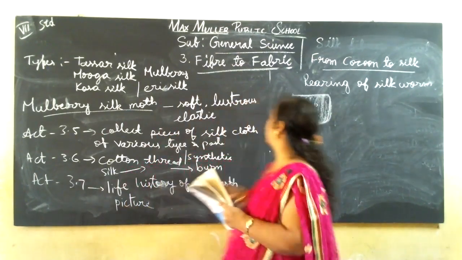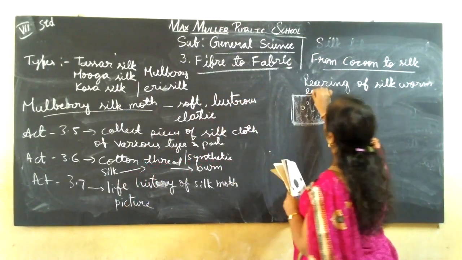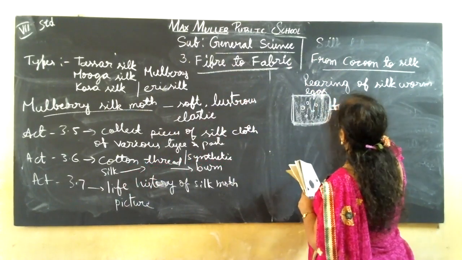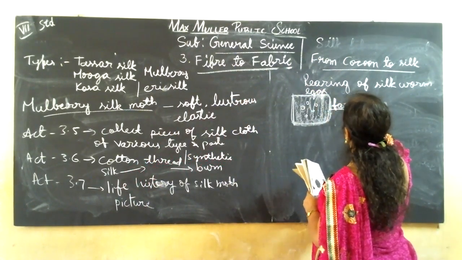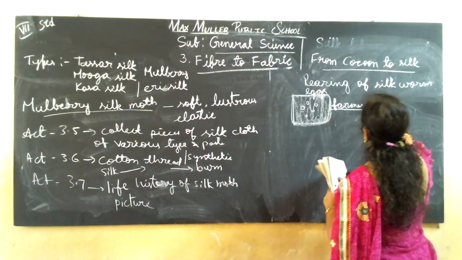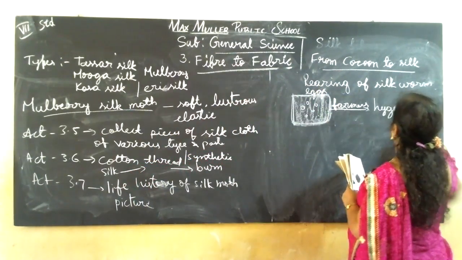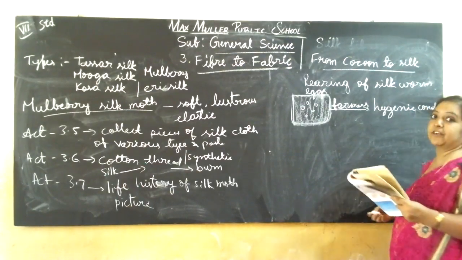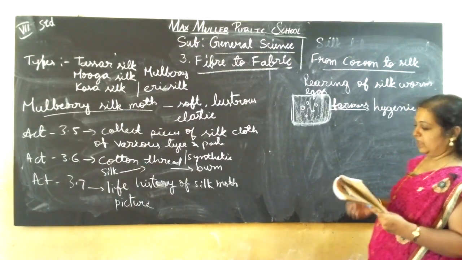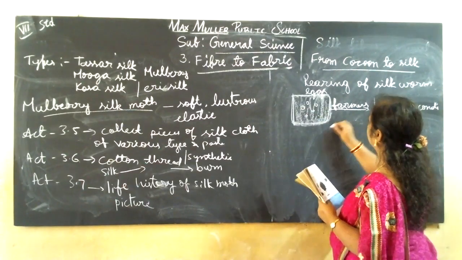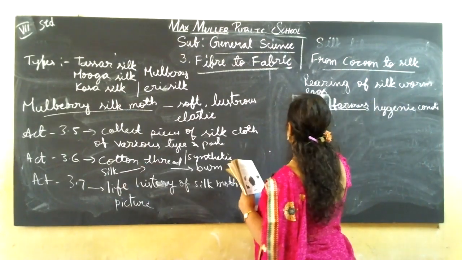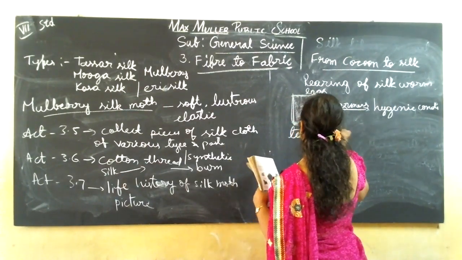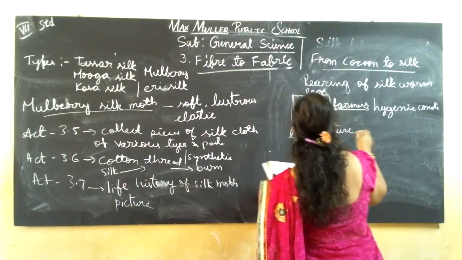So how to keep under hygienic conditions? Eggs are given to the farmers. They'll keep them under very clean, hygienic conditions, and they'll give definite temperature and humidity. Suitable conditions like temperature. They'll see that the definite temperature should be there and humidity should be there. Humidity means,